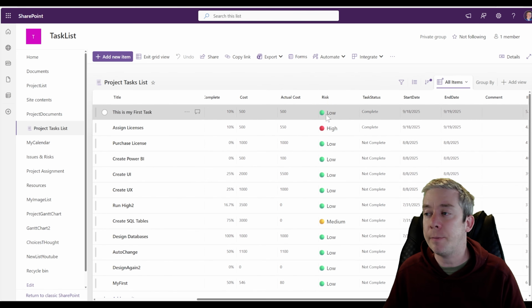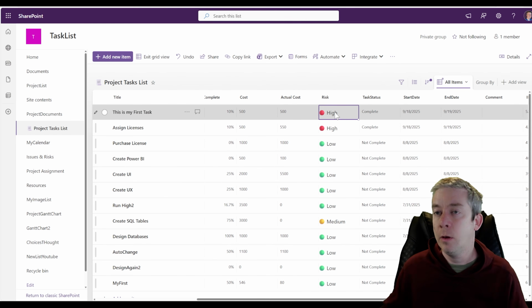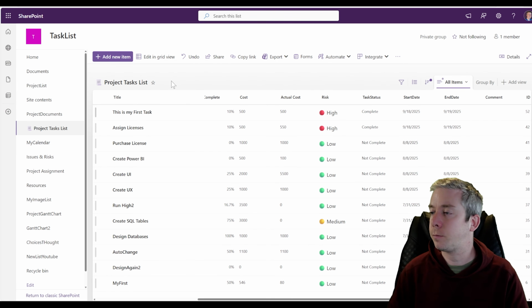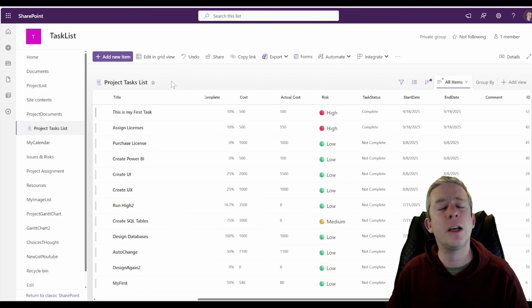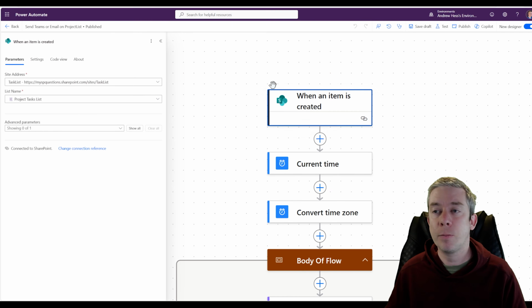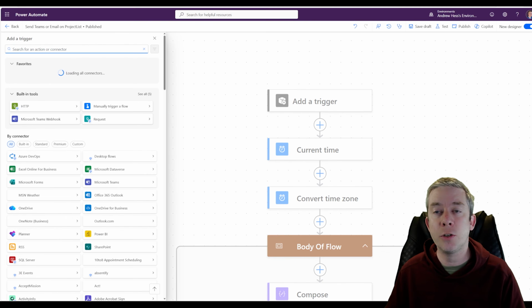So let's edit and change this to high. What's not going to happen? It's not going to trigger the flow. Now everyone says, oh, this is easy. Let's just fix this real quick. All right, let's do that. Let's change this to when an item is created or modified. So I'm going to delete. Okay, change the trigger,